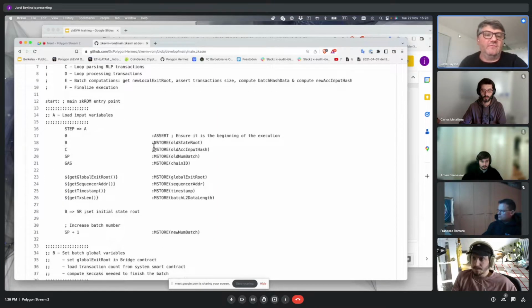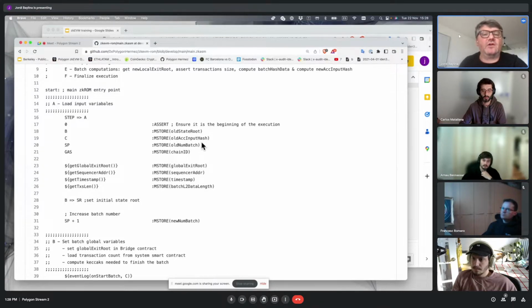Okay. Some of the registers, so all the inputs of this program. This program has some inputs, and all these inputs are in the registers at the beginning, and mainly they are the hashes. So here we have the old state root hash. We have the accumulated input hash. The accumulated input hash is